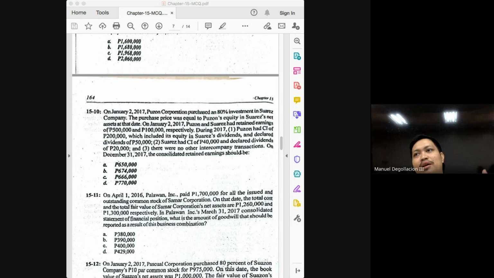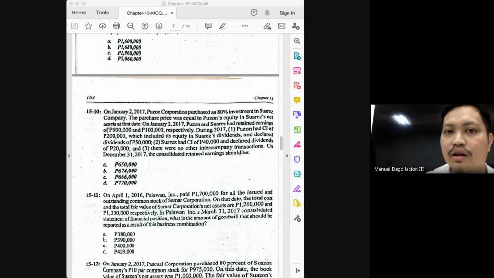You will be given the income reported by the parent, or the total comprehensive income of the parent, which again, I must emphasize, is not the same as the income of the parent from its own operations. What is their difference? The former includes dividend income. What we need is the amount that does not include dividend income. So again, the 200,000, is this already the income of the parent from its own operations?